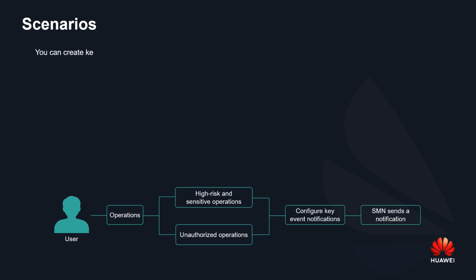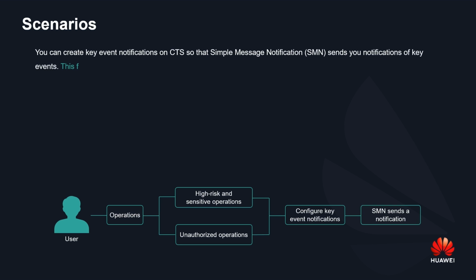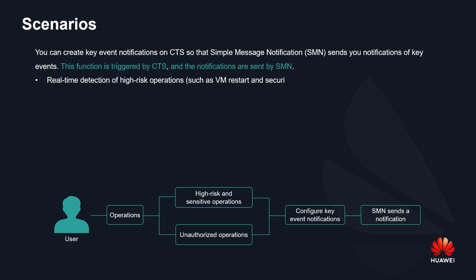You can create key event notifications on CTS, so that Simple Message Notification sends you notifications of key events. This function is triggered by CTS, and the notifications are sent by SMN. You can use this function for real-time detection of high-risk operations, such as VM restart and security configuration changes, cost-sensitive